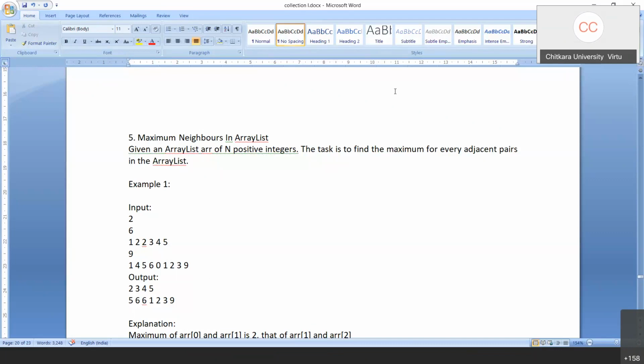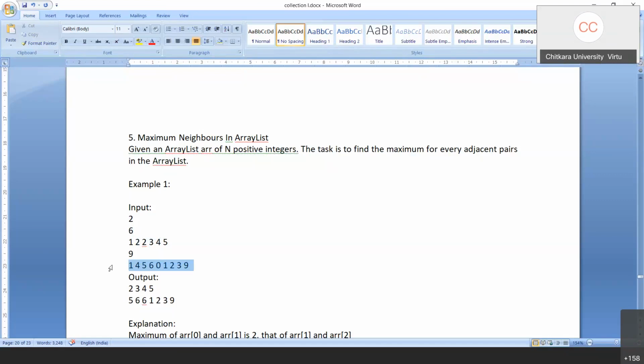No, I have changed it. That's why I said, Akshit, I have changed it. What I said was, I want to find the maximum of the adjacent elements. See, 2 is the number of test cases, 6 is the number of elements, 1, 2, 2, 3, 4, 5 is the contents of the array. So 1 and 2. For 1, what is the maximum? 2 and 2. So write 2. For 2, the next set of elements is 2 and 3. So write 3. For 2, the next pair is 3 and 4. So write 4. Clear? For 3, the maximum of 4 and 5. So write 5. That's it.